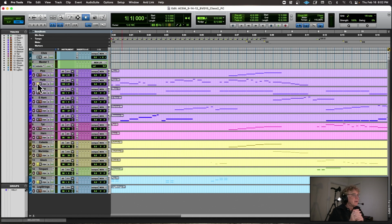So, for example, a flute sounds like this. If you add an oboe in there, that's an aggregate sound. My graduate composition teacher, Professor Musgrave, she called that a flobo, right? A flute and an oboe. And that's a very common doubling in orchestral music, right? But that's a composite sound of two different instruments playing together. So that's a big part of orchestration, and that adds a lot of color when you start thinking in those terms. So in other words,